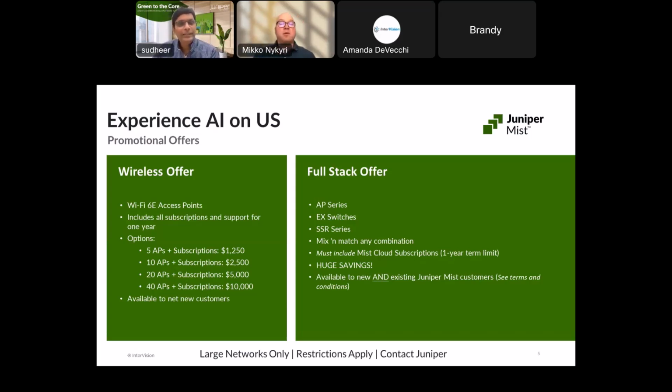This AI on us is our very best offer for InterVision customers. For about $10,000 you get 40 Wi-Fi 6E access points. The access points are yours to keep. That basically is less than the price of a home AP on a per AP basis. So for $10,000, 40 APs with all subscriptions. For net new customers, if you want to try a building's worth of Wi-Fi, that's just $10,000 through InterVision,